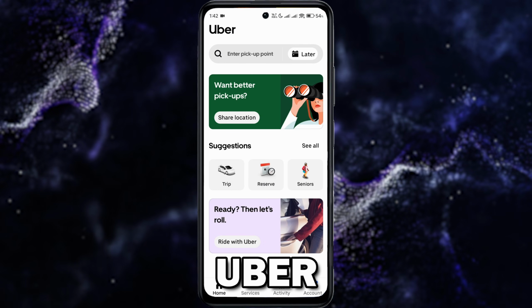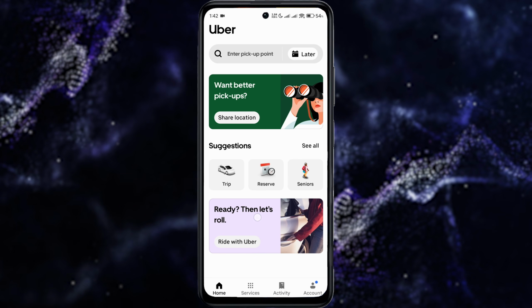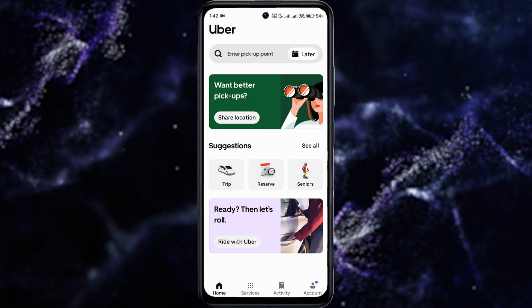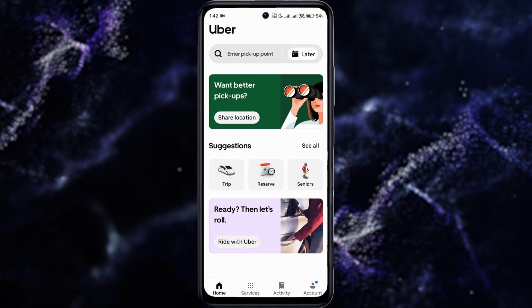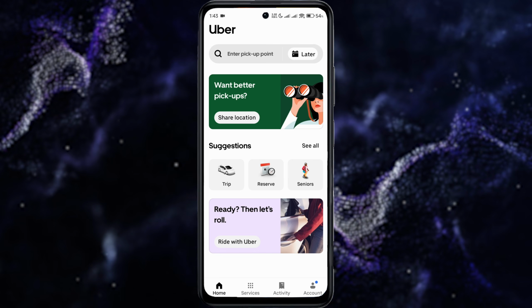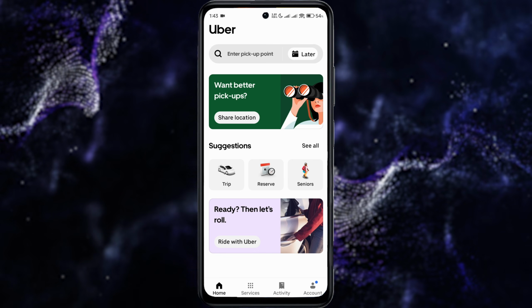How to use Uber app. So if you never used Uber before or you're switching from another ride-hailing app, the interface can look overwhelming, but once you know the basics, requesting a ride is extremely simple. So I'll walk you through essential steps, how to set your pickup point, choose your ride, and track your driver